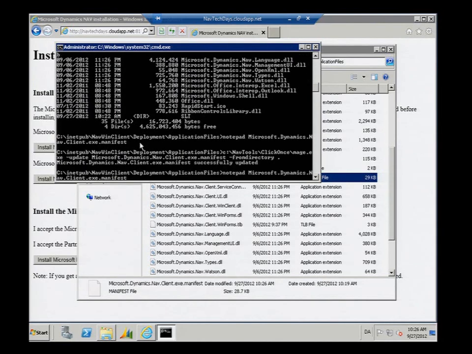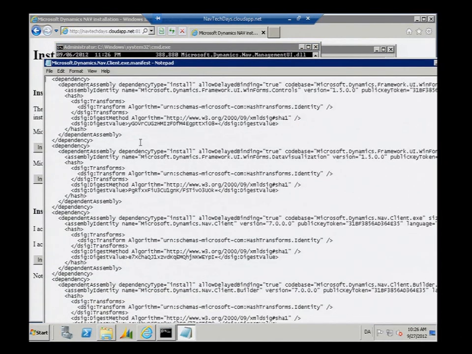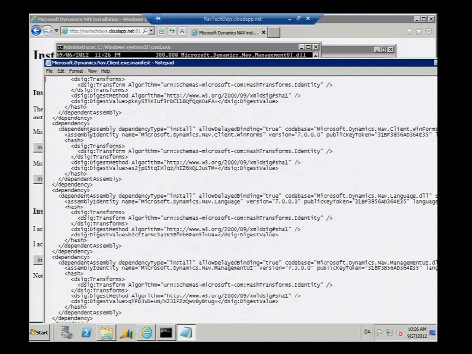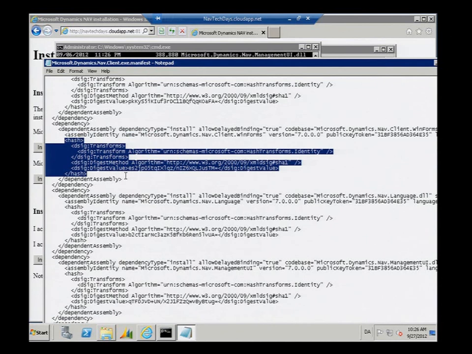So let's see what it looks like now. So now you see all the files down here. The identities, they have a hash. It serves a couple of purposes. One is that it detects if you have changed one of your files. So it's kind of a security feature. And the second is, suppose you put out an upgrade, but you didn't change all the files. Then based on looking at the hash, it knows when it can skip the downloading and use the previous version. So it limits the download size a lot.